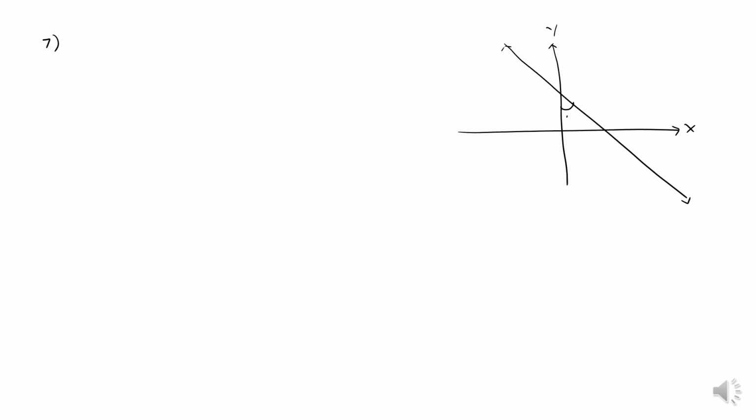So this angle is given as 45, and it is in which direction? Anti-clockwise. It should be like this, anti-clockwise direction. This angle is 45. This will be 45, correct? But I want the angle made with the positive x-axis in the anti-clockwise direction. This will be my theta. So this theta is nothing but 135 degrees, as it forms a linear pair with 45. So line L is making an angle of 135 degrees with the positive x-axis.